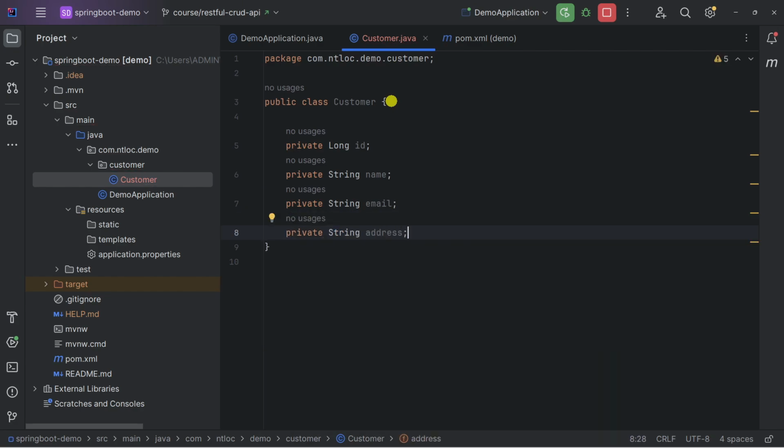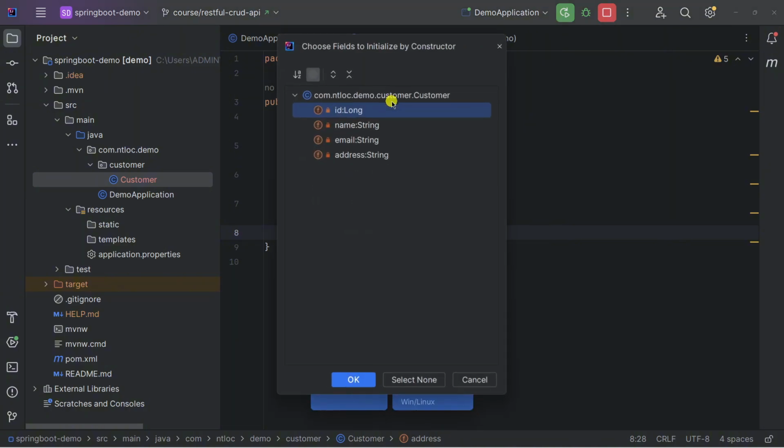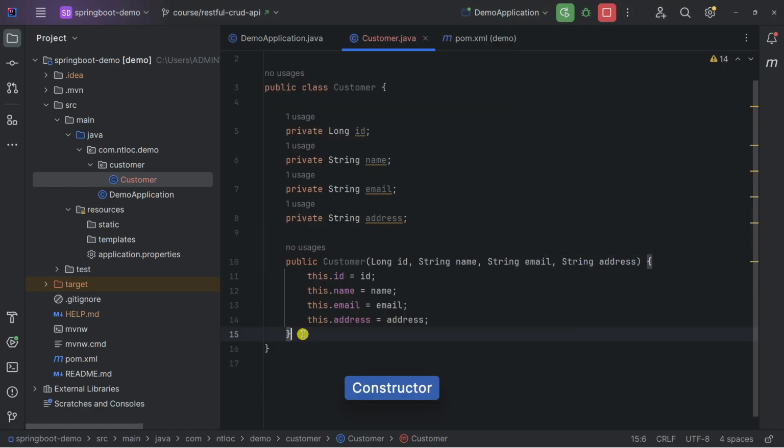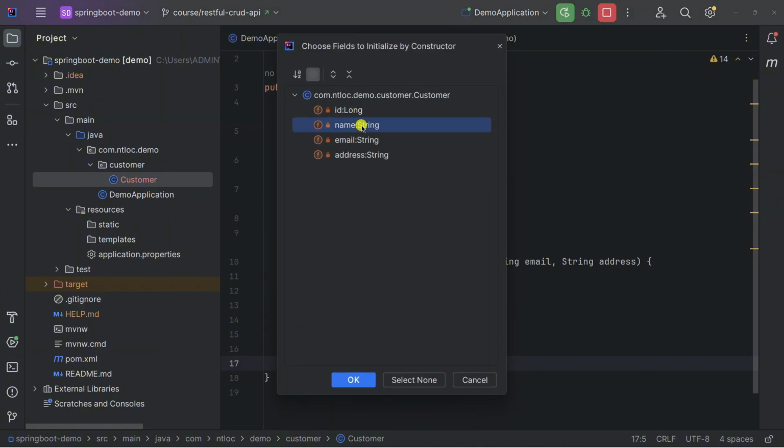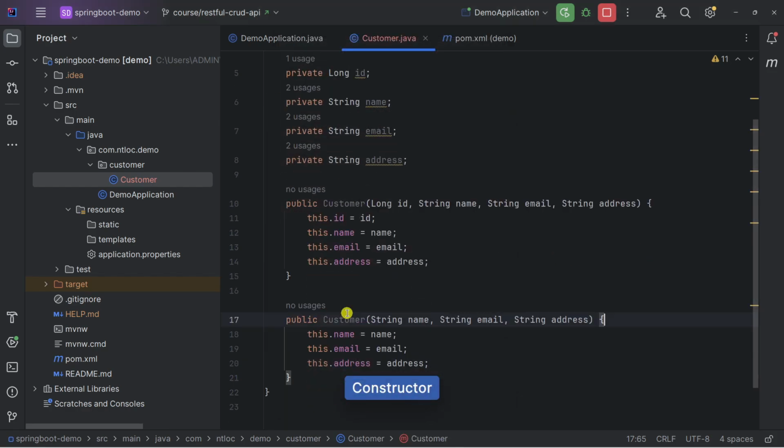Next, let's generate the constructor. Okay, I will select all and then I would like to create another one. And this time, we'll exclude the ID. I will explain why we don't have the ID in the constructor later on.